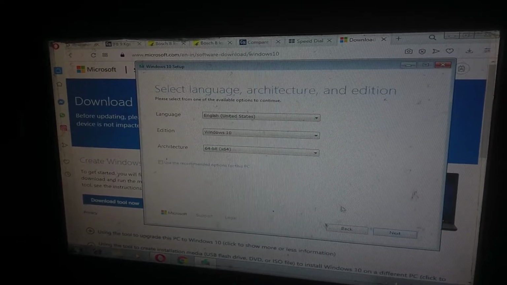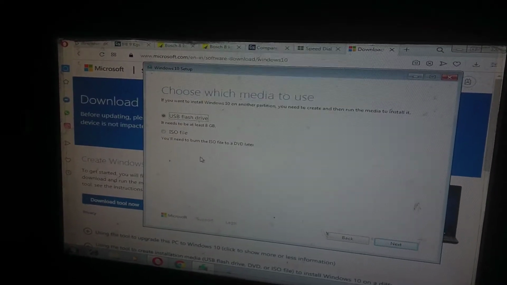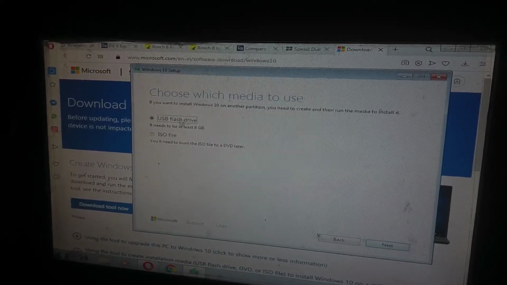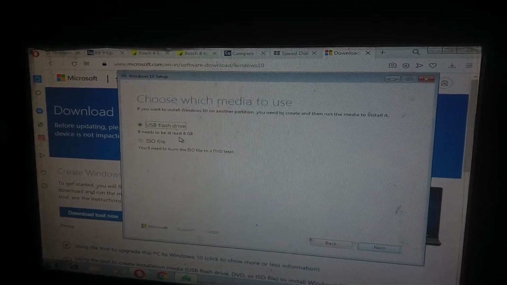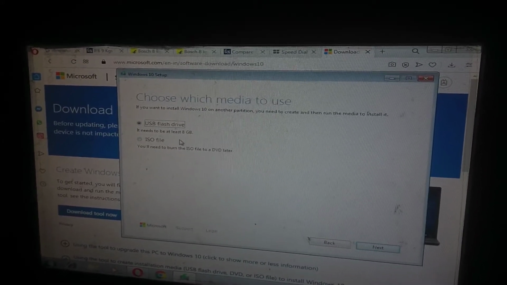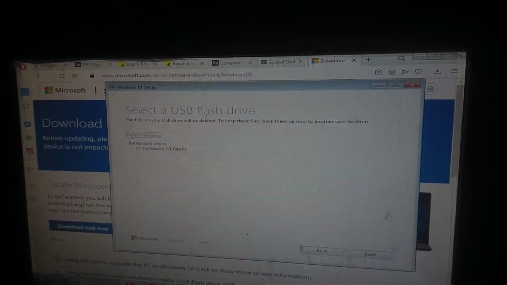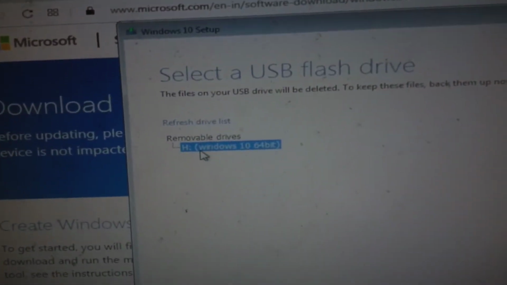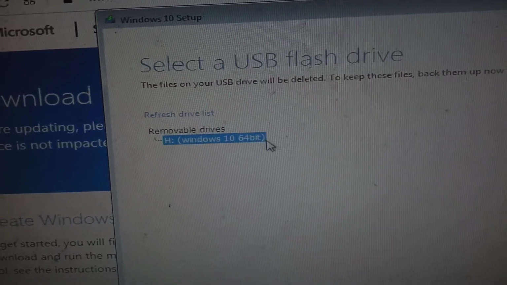It starts installing. Okay, guys, you can see how you want it. You can burn the ISO file to a DVD, or you can download it to your USB, that is your pen drive, and a bootable disk gets ready directly. Click next. You can see I already made a bootable disk using an ISO, another process.